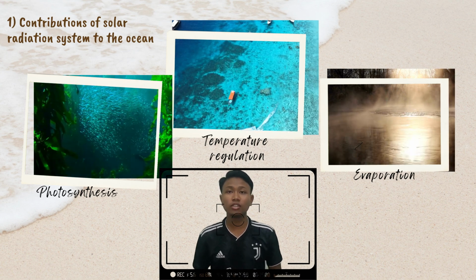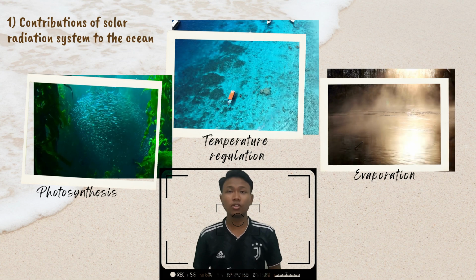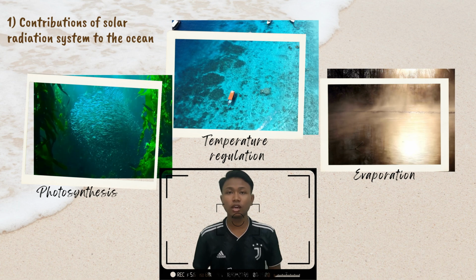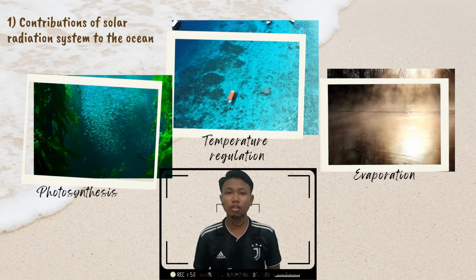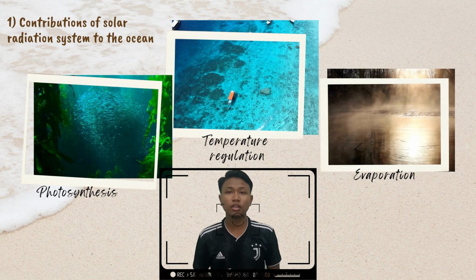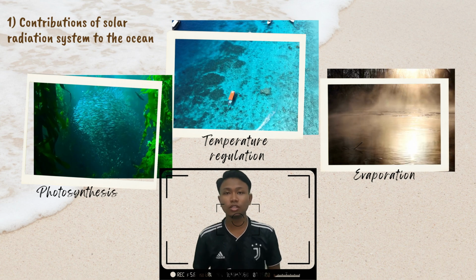Then, solar radiation will hit the surface of the oceans. From this, it will affect the ocean currents and weather patterns. This helps regulate the Earth's climate by redistributing the heat around the globe. Warm ocean currents, for example, can transport heat from the equator to the poles, helping to moderate temperatures in coastal